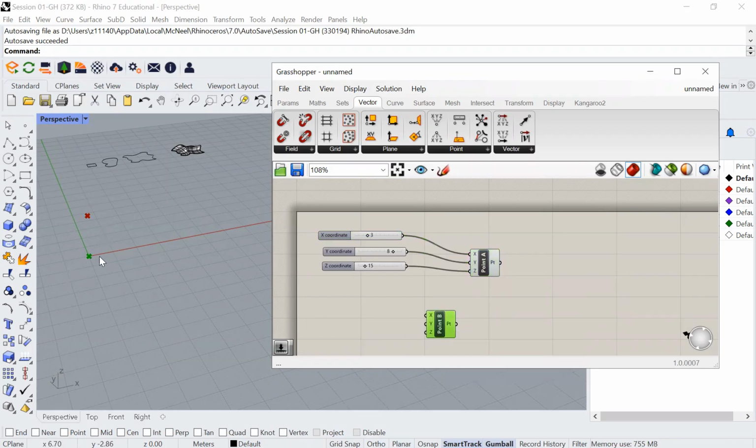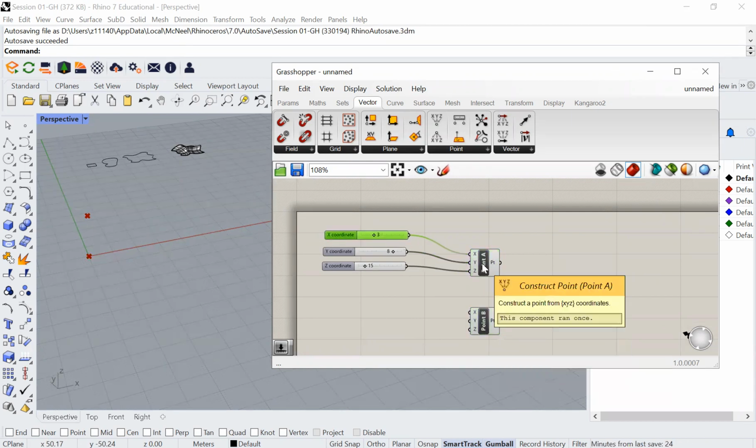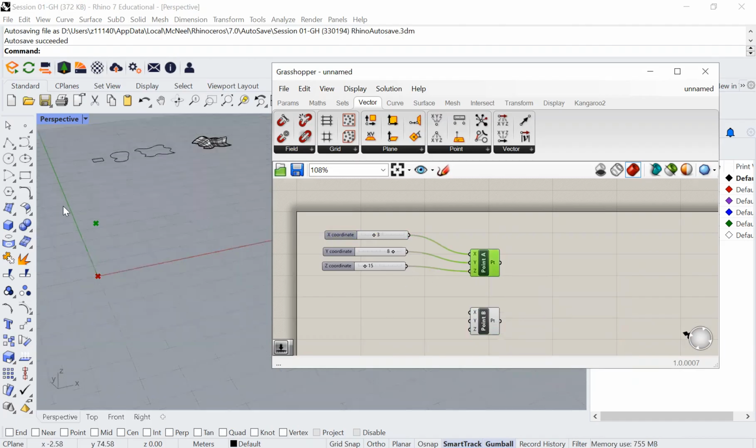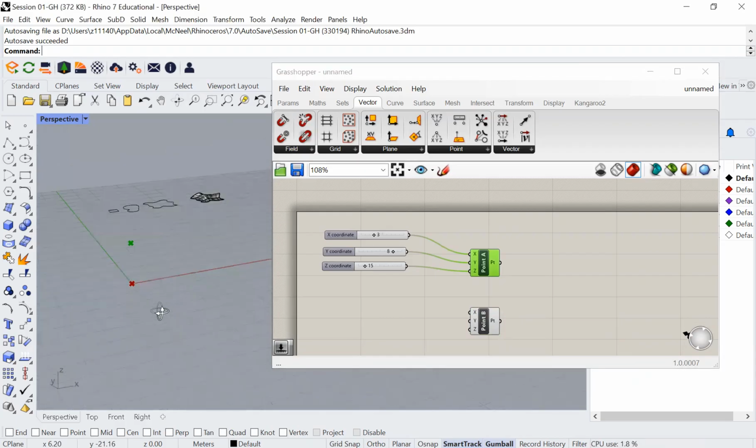So all the points, when you create them, they will be in the 0, 0, 0. So this is the initial point. This is the initial coordinate, basically. And then when you give different values, so what is nice about this, okay, is, let me show you, if you change this,